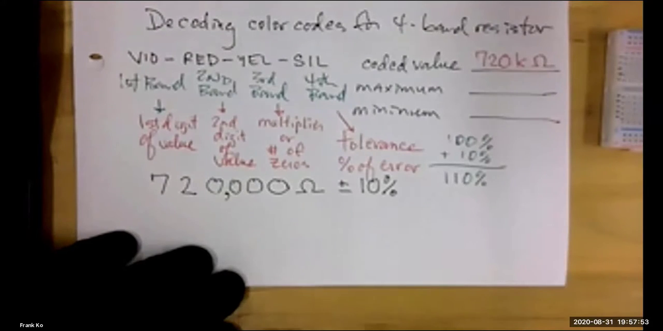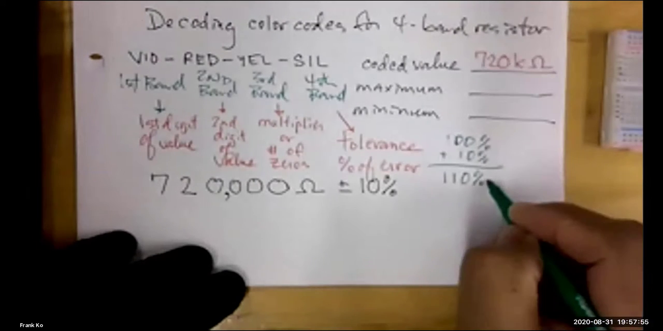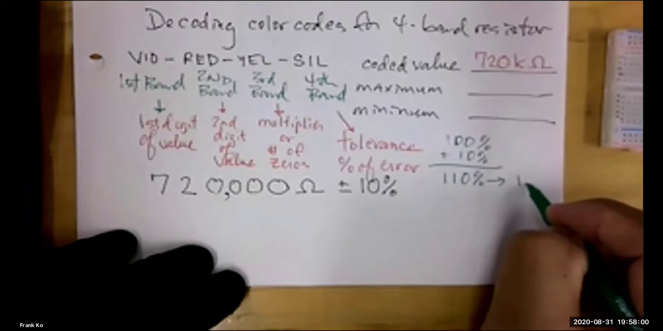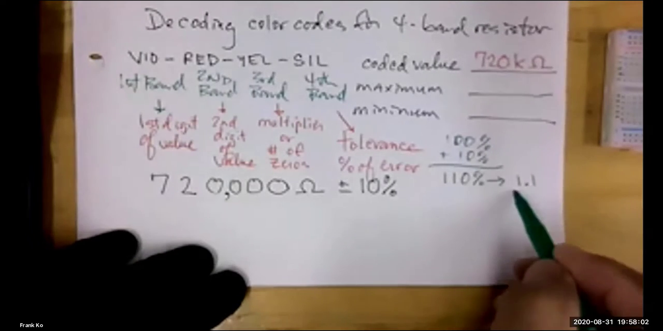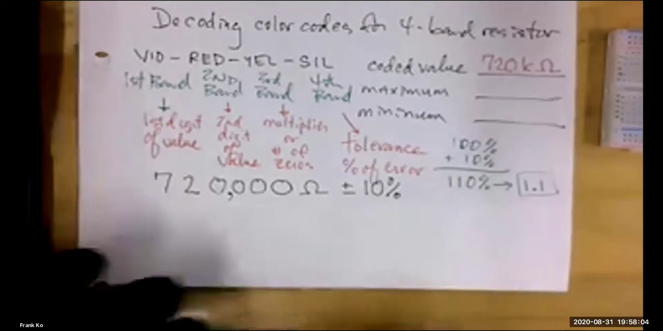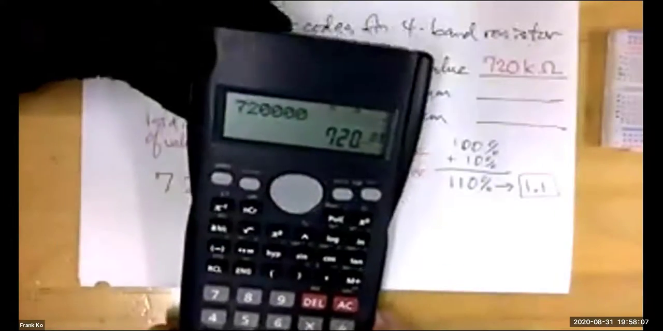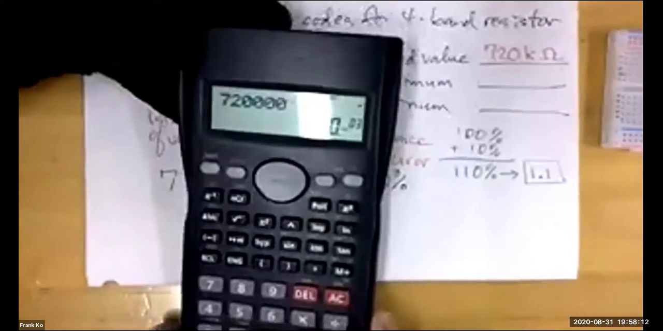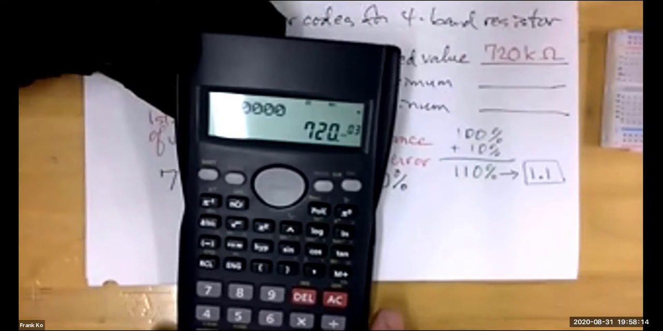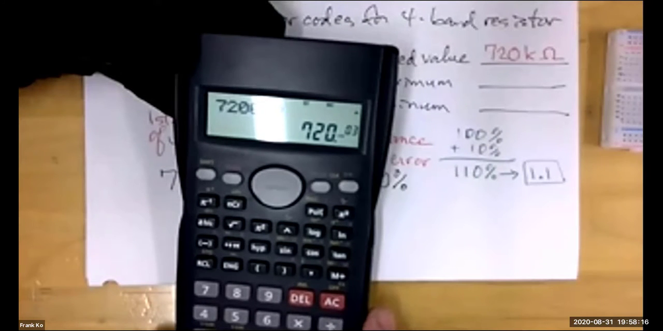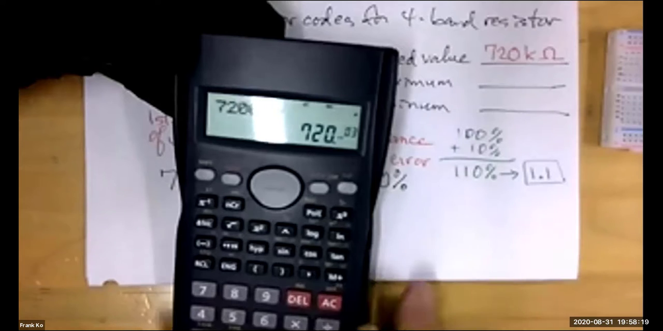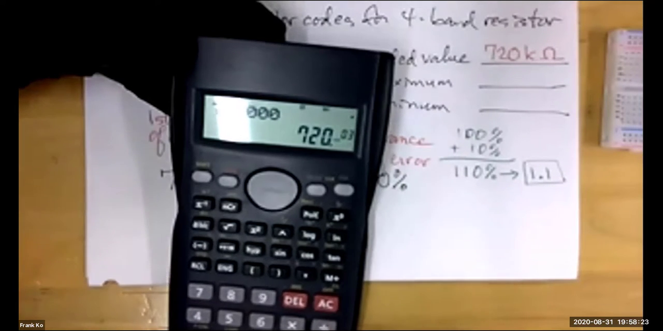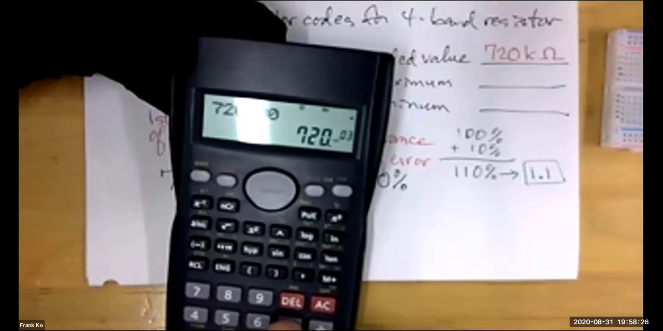110% means we've added the 10% back in. So what is 110% as a decimal? 1.1. This is what you're going to use to multiply this value by. While this value is still on the display of your calculator, so everybody sees 720 kilo on my calculator. Don't clear it because it's right there. All you have to do is take this number on your calculator and multiply by 1.1. So now times,